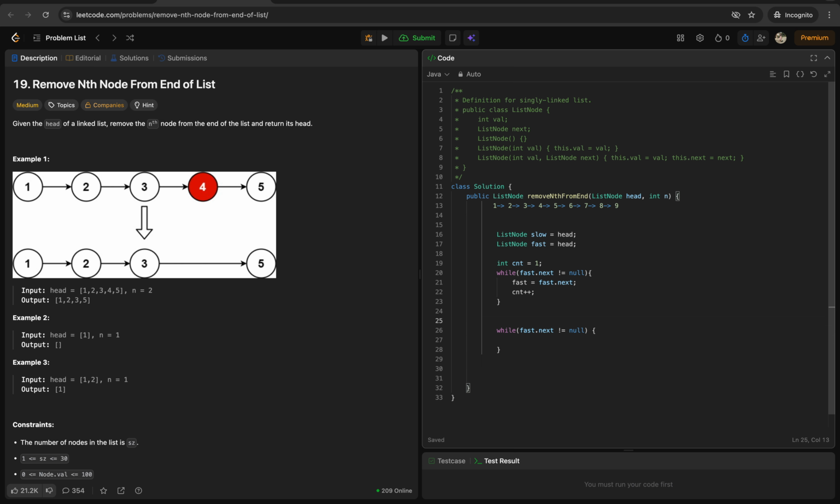I think if we want to reach here, let me try one more thing. I think this is getting complicated. So if this example is not good, if let's say 5, 6, 7 and 8. Okay, now let's say